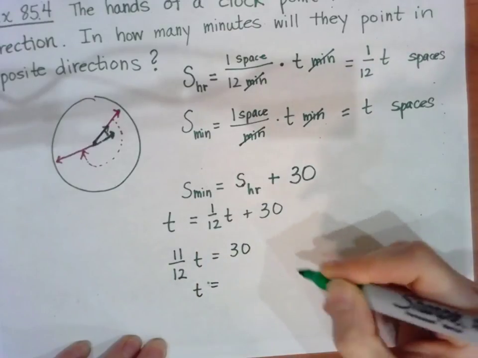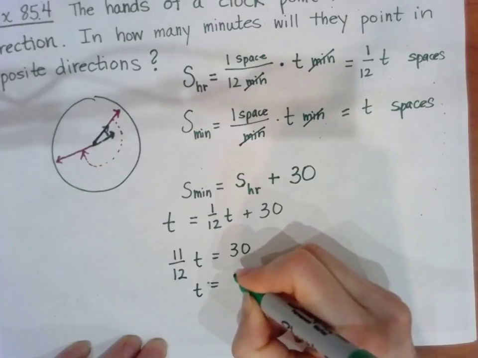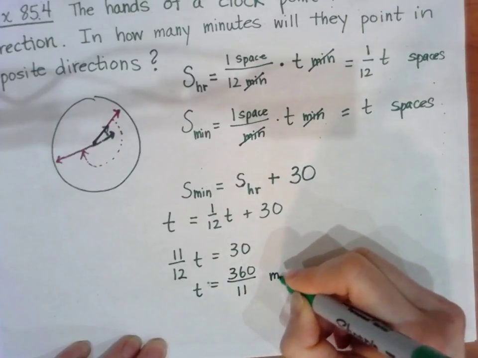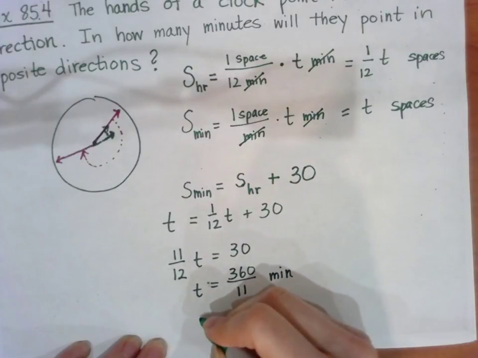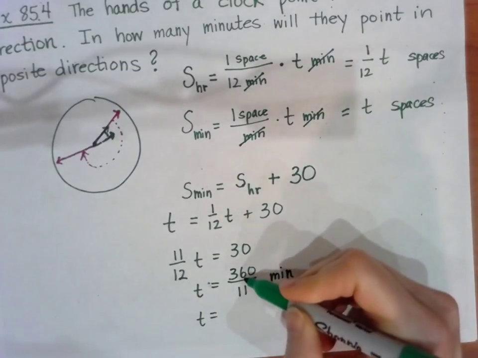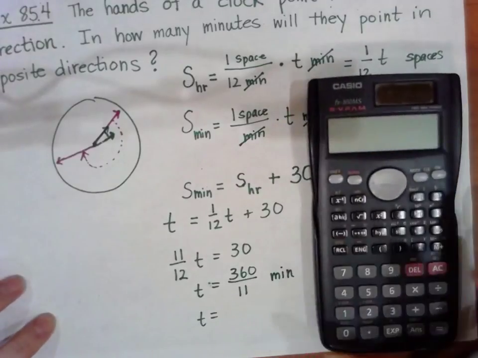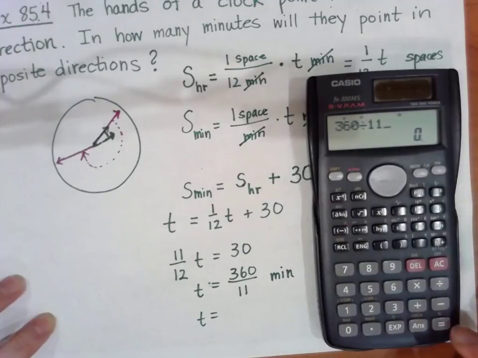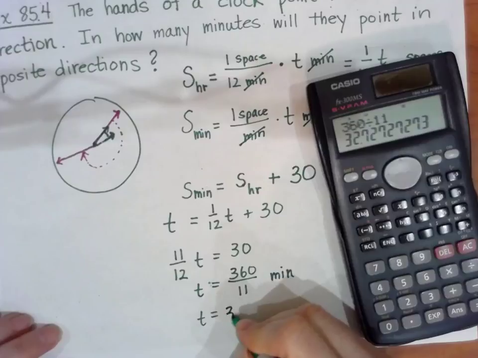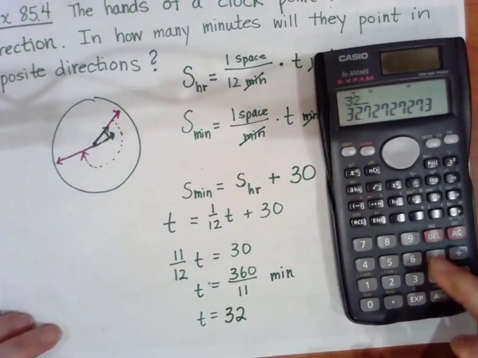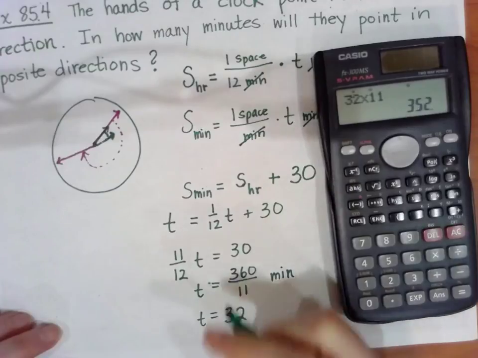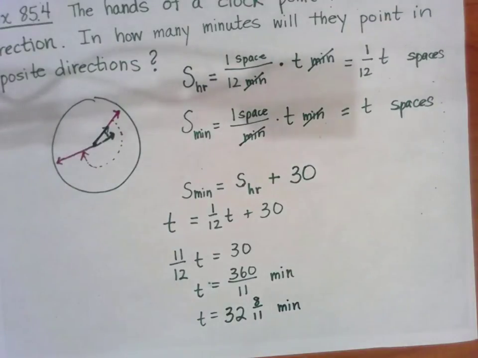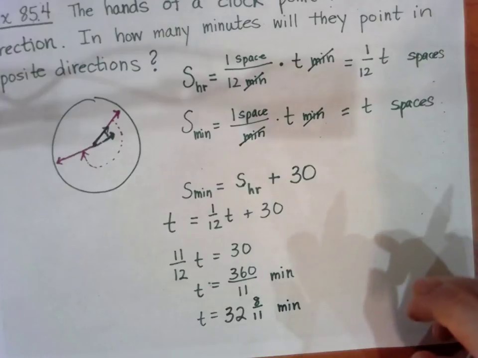And then multiply both sides by 12/11. So we'll have 12 times 30, or 360 over 11 minutes. Okay, and let's see, 11 would go into there. We'll go ahead and do a little bit of cheating. So 360 divided by 11. So that's 32 minutes. Okay, 32 times 11 is 352, and then there would be 8/11 left. Okay. So it took just a little over half an hour